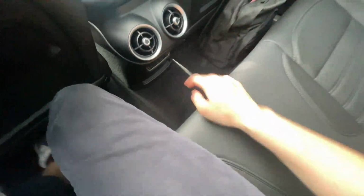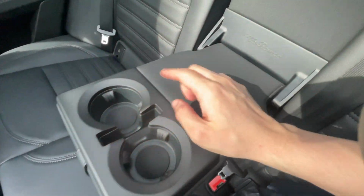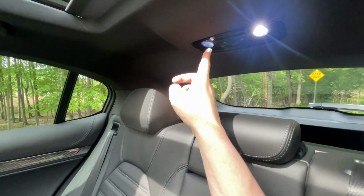A little bit of cubby storage over there. And you do have 2 cup holders right here. I love that Alfa Romeo right there. Everything's Alfa Romeo branded, this car. I really like that. And you also have some interior ambient lighting if it's too dark for you, but I